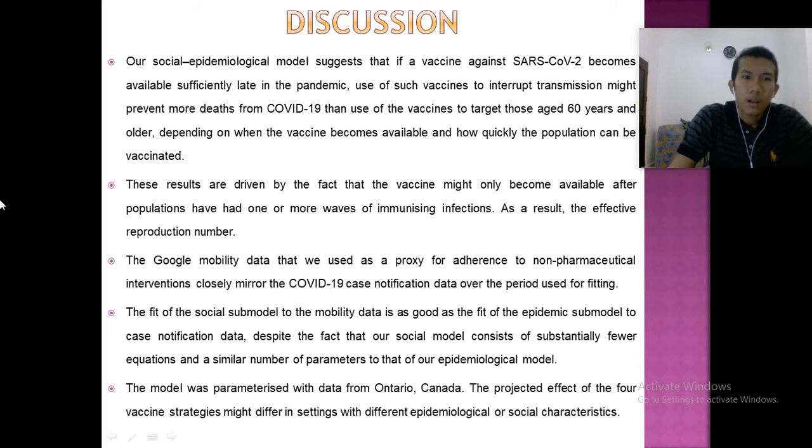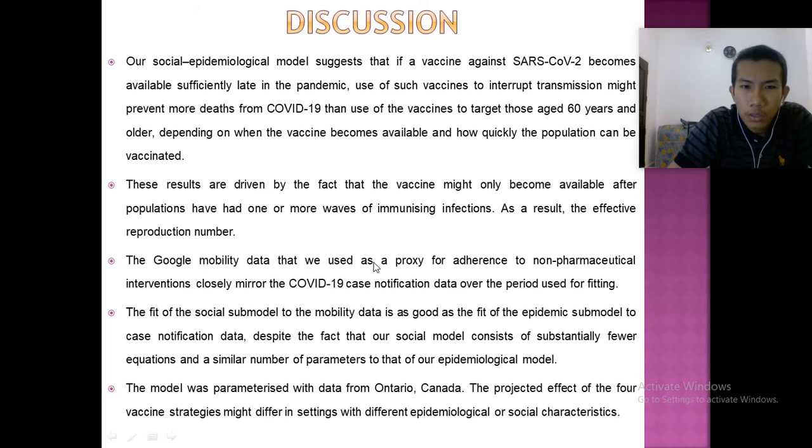So for the discussion, our social epidemiological model suggests that if a vaccine against SARS-CoV-2 becomes available sufficiently late in the pandemic, use of such a vaccine to interrupt transmission might prevent more deaths from COVID-19 than use of the vaccine to target those aged 16 years and older, depending on when the vaccine becomes available and how quickly the population can be vaccinated. These results are driven by the fact that the vaccine might only become available after populations have had one or more immunizing infections. As a result, the effective reproduction number